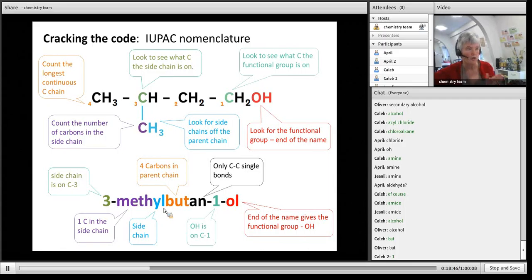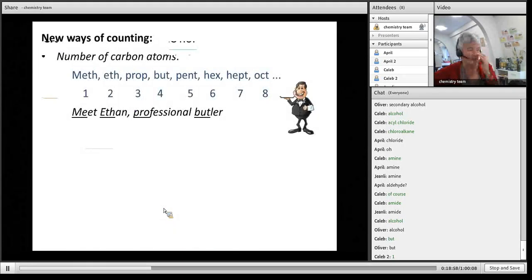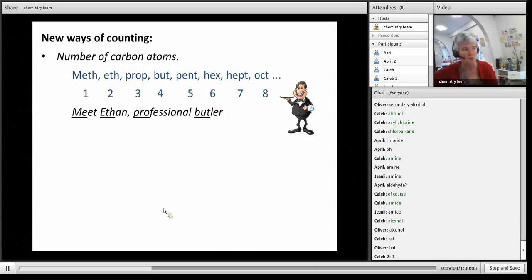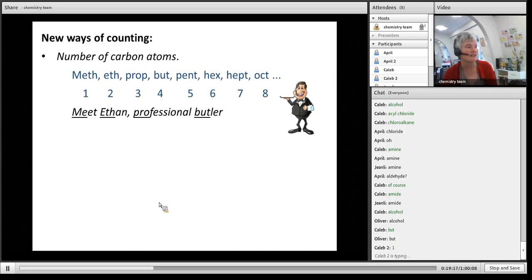Okay, so always functional group at the end, and it gets the lowest possible number. You look for the parent chain, and then you look for the side chains. So this is just a reminder about the meth, eth, prop, but, pent, hex, hept, oct. That's a new way of counting. So you're going to have to count 1, 2, 3, 4, 5, 6, 7, 8, and meth, eth, prop, but, pent, hex, hept, oct. As I say, these are different because they were based on